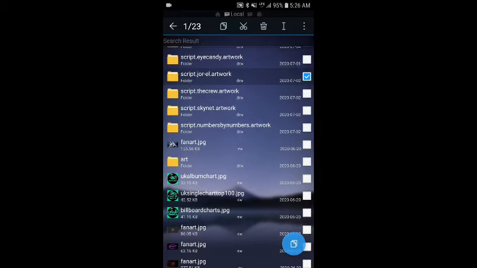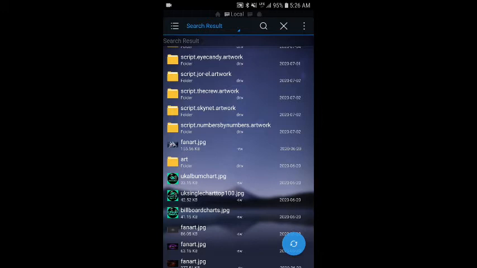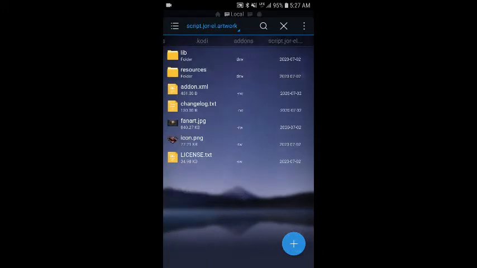Now I've had guys telling me, just go ahead and delete the artwork folder and it'll repopulate when you load up Kodi. And I tested that, and sure enough, it did not repopulate by itself. So it was just using generic Exodus, the original artwork, and not the custom artwork that the devs put into it. But a way around that, I just open up the script.jrel